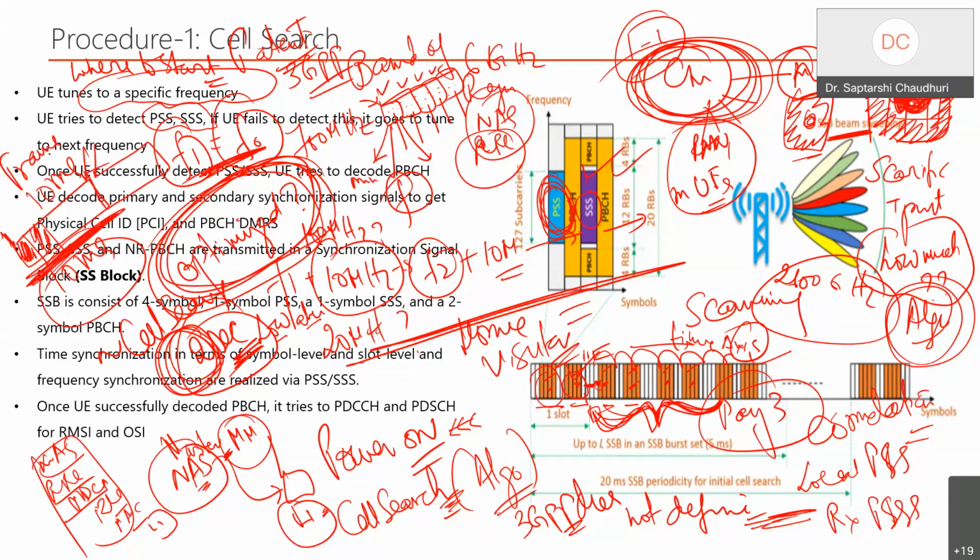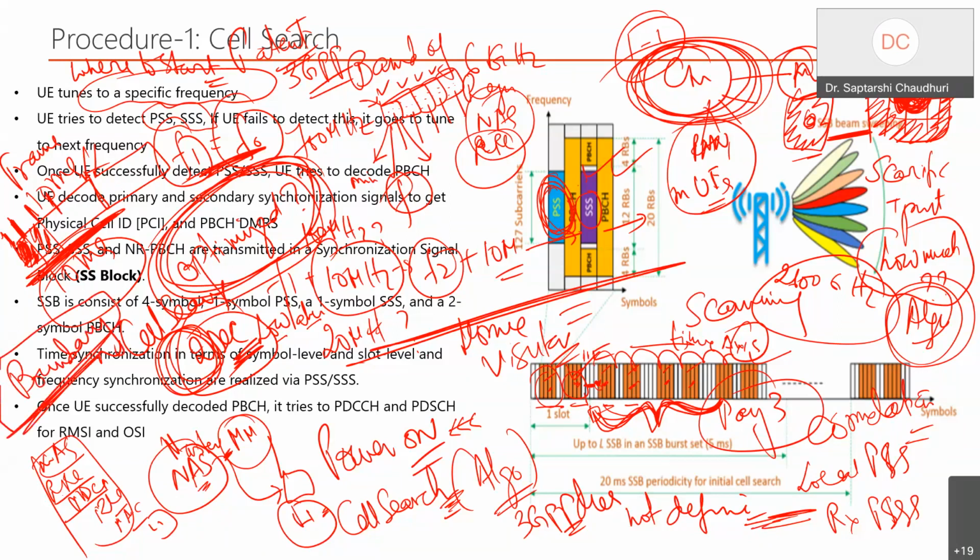The mobile has to be fully aware of it, and with respect to the secondary synchronization signal, that this is my slot boundary. The moment it gets the slot, it is tuned with the scheduler of the MAC, and that is the intention. If you are only with respect to the radio frame, but the MAC works at the slot level, so finally the mobile has to find the slot boundary. If these two boundaries are not found, the mobile has not done its cell search.